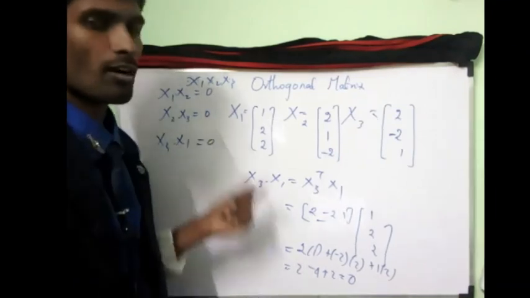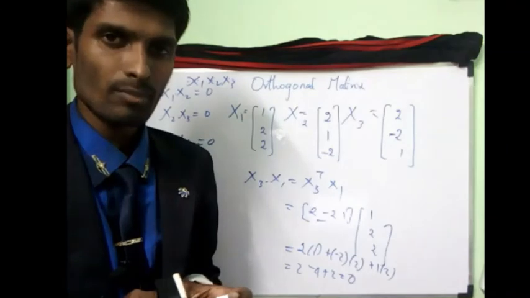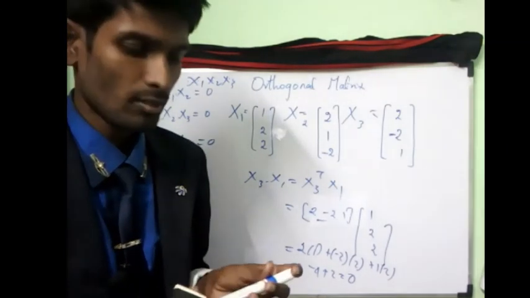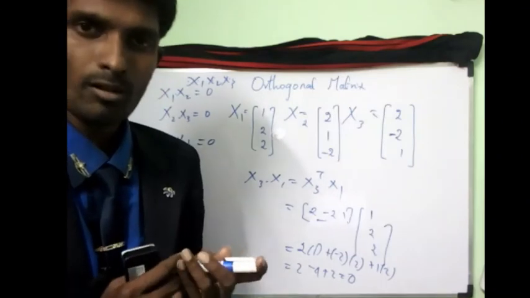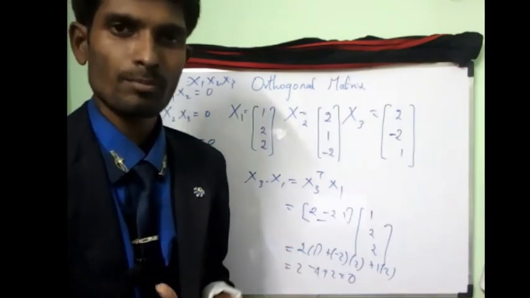So this is called orthogonality. That means for the three matrices, when I multiply each and every matrix with its neighbor, the product should have the value 0 as a result. This is the orthogonal property. So let's